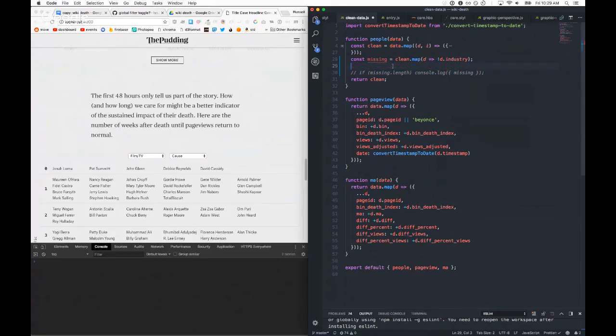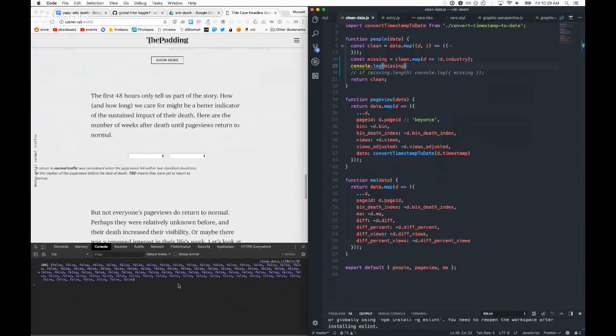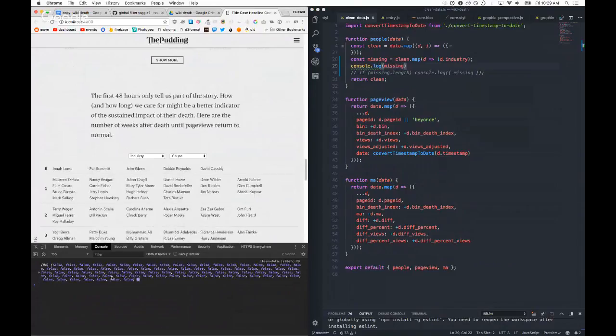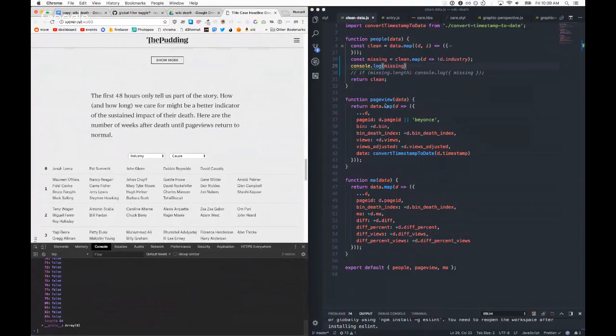Missing. Could it be that there's a category that's not labeled that we're missing? Or is it a person without an industry, without a category? It has to be a person without an industry, I think. Got it. Oh, that was stupid. They're all false, obviously. Well, first, let's just look at industry.